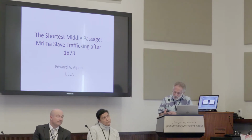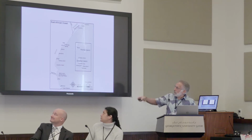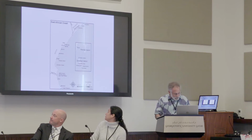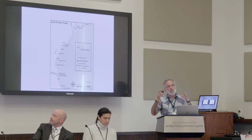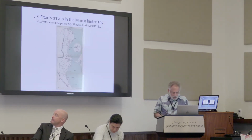Let me make sure I've got the right one, okay. This is your basic East African coast north of Cape Delgado. Remember that this is smuggling, and this is when these British sources are from. The next section of my paper, I talk about